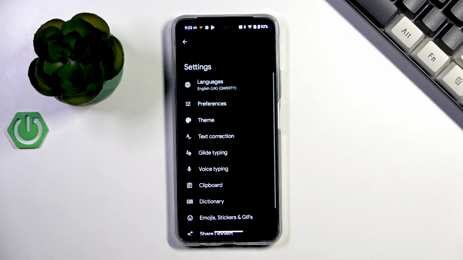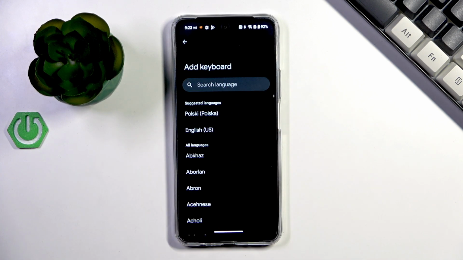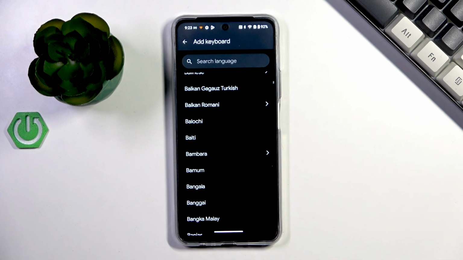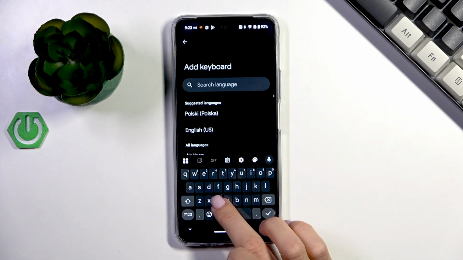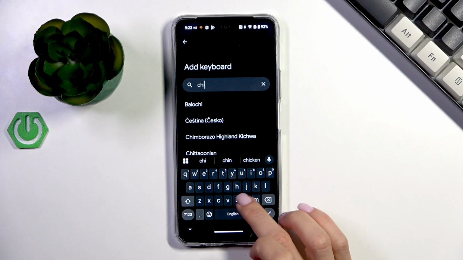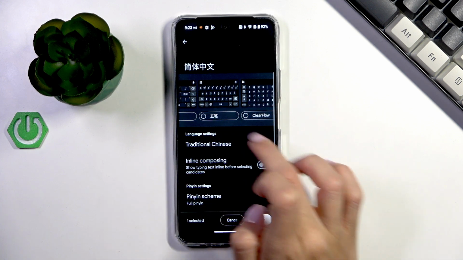Mark Settings, go to Languages, tap on Add Keyboard, and now you can select the one that you want. You can either scroll till you find the one, or in search area provide the language that you want to use your keypad in. Pick the layout,